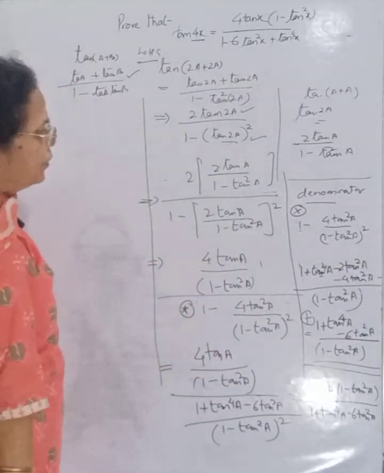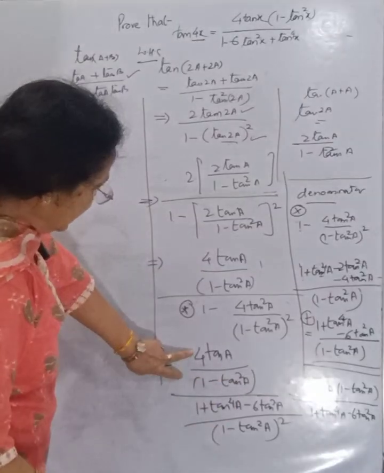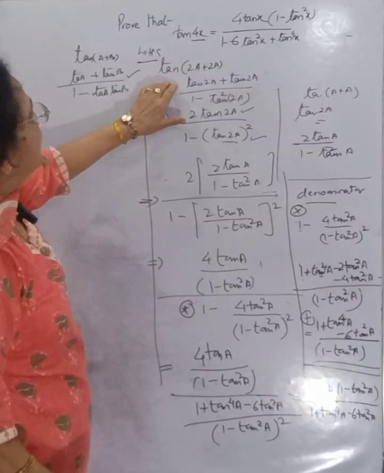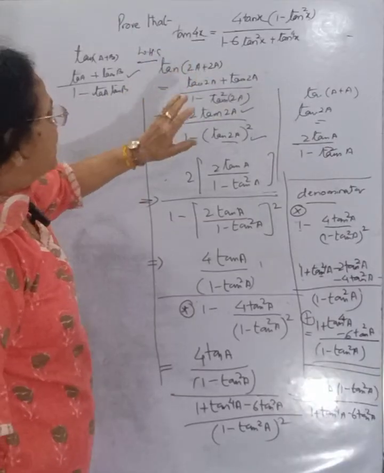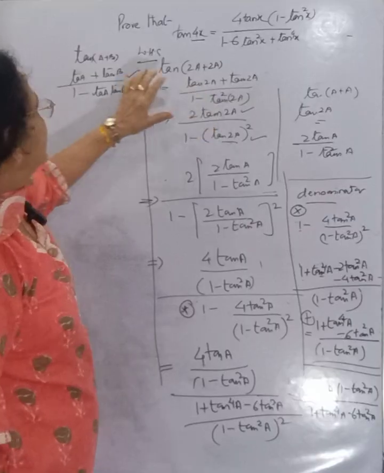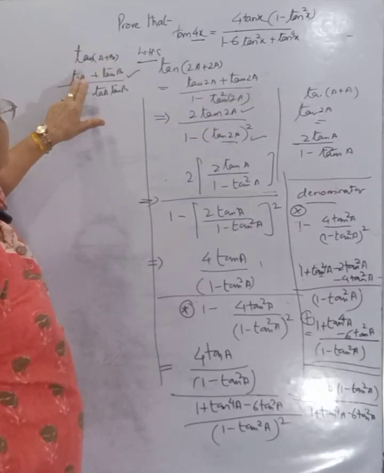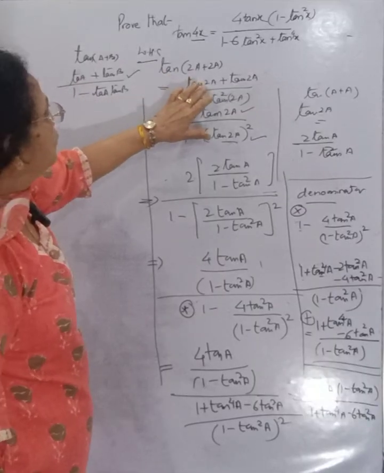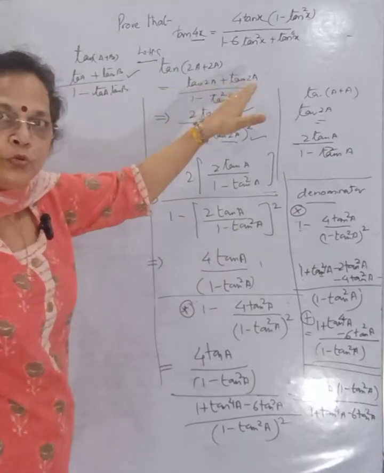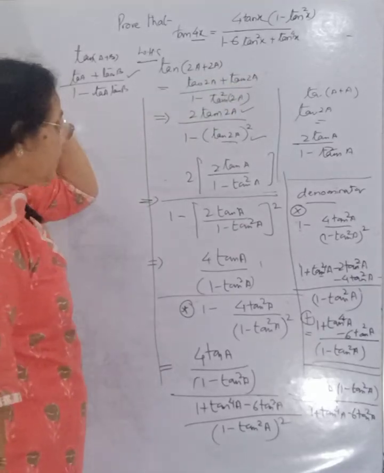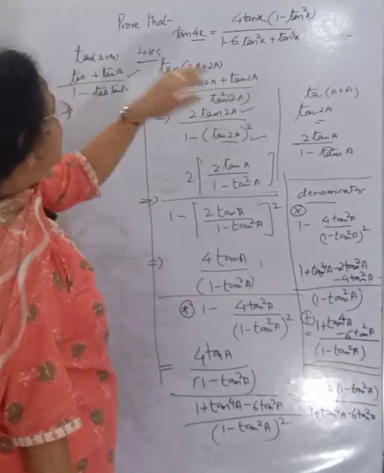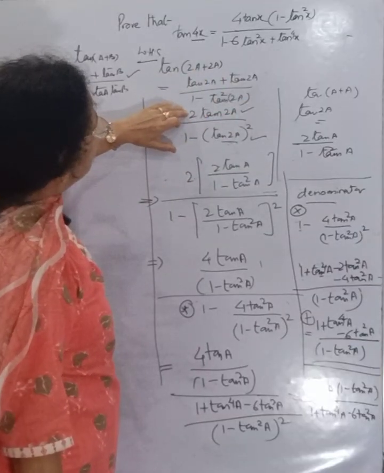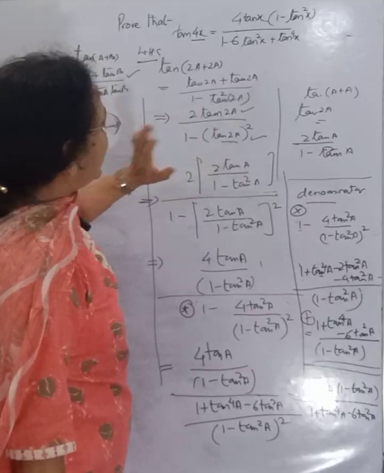Once again I am going to repeat this. This is the formula. This was the solution. First of all, what we did? We broke tan 4a into 2a plus 2a. Then tan 2a, as per the formula tan(a plus b) can be written as tan a plus tan b upon 1 minus tan a tan b. That is tan 2a plus tan 2a upon 1 minus tan 2a whole square. Okay? Tan a, tan b: a is also 2a and b is also 2a. Total result will be 2 times tan 2a upon 1 minus tan square 2a.